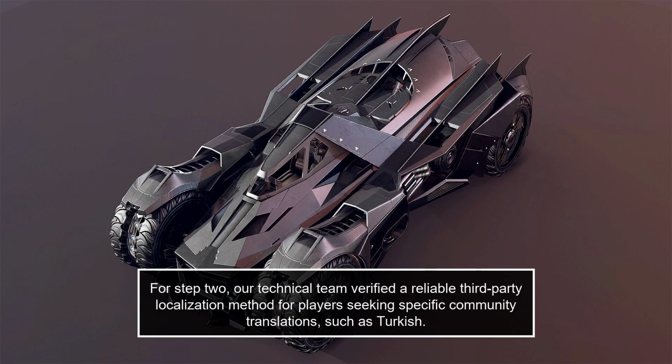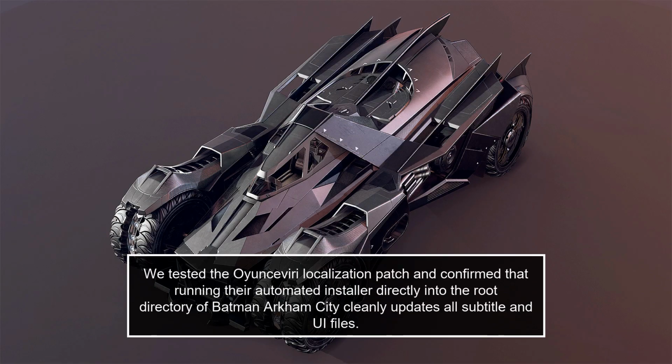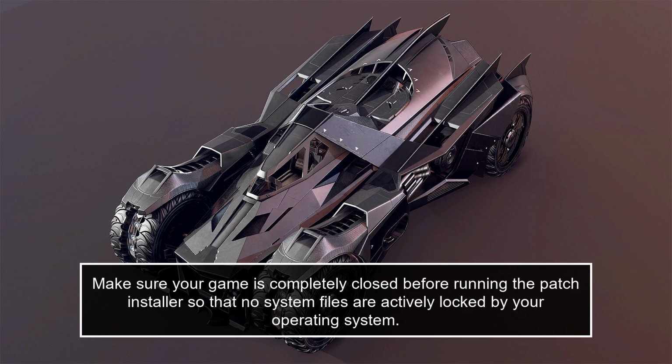For Step 2, our technical team verified a reliable third-party localization method for players seeking specific community translations, such as Turkish. We tested the localization patch and confirmed that running their automated installer directly into the root directory of Batman Arkham City cleanly updates all subtitle and UI files. Make sure your game is completely closed before running the patch installer so that no system files are actively locked